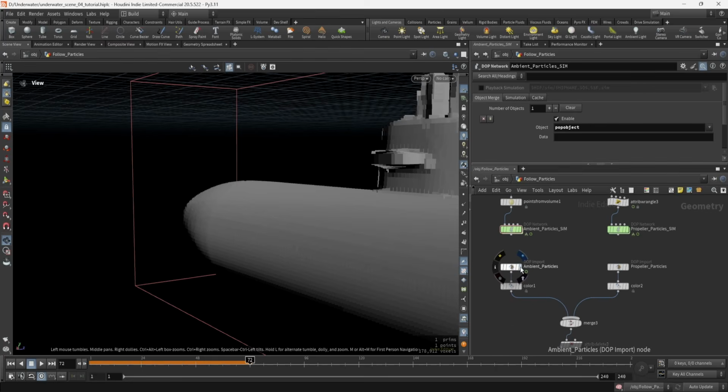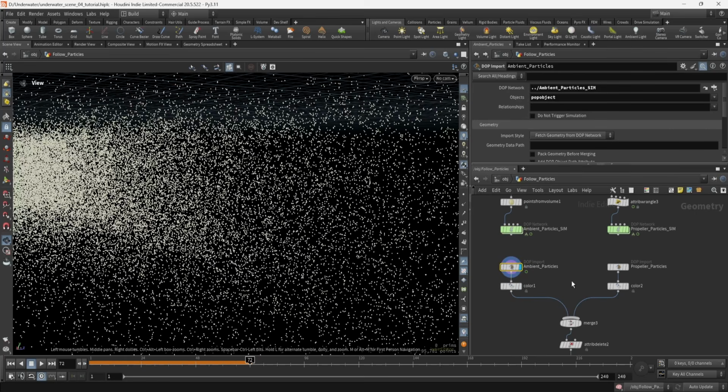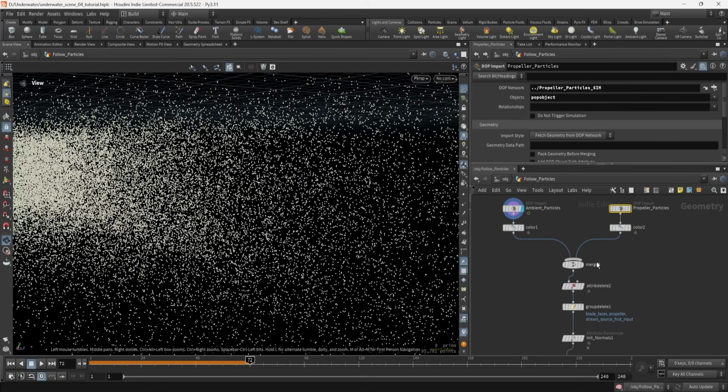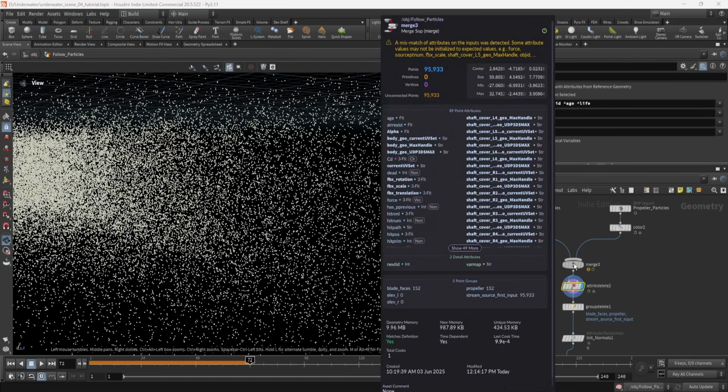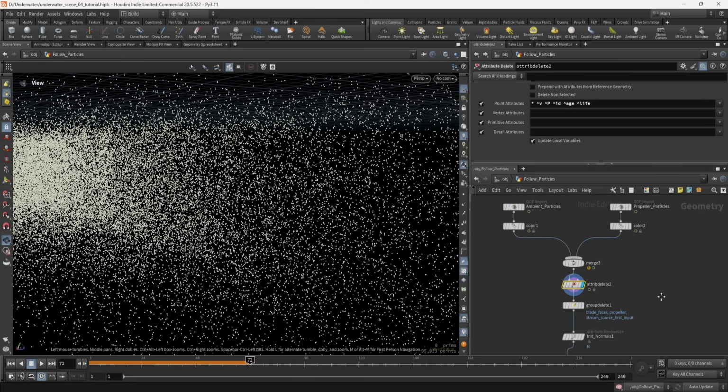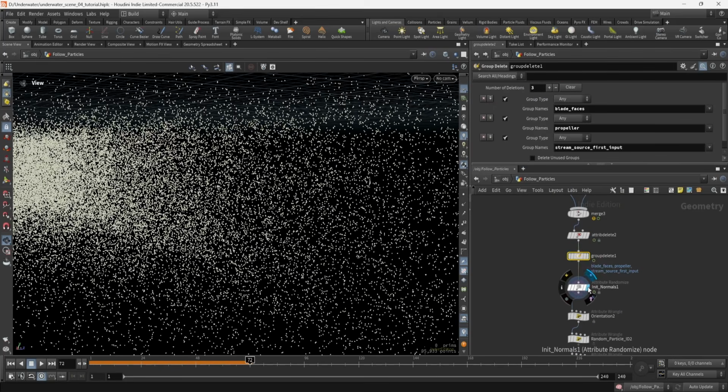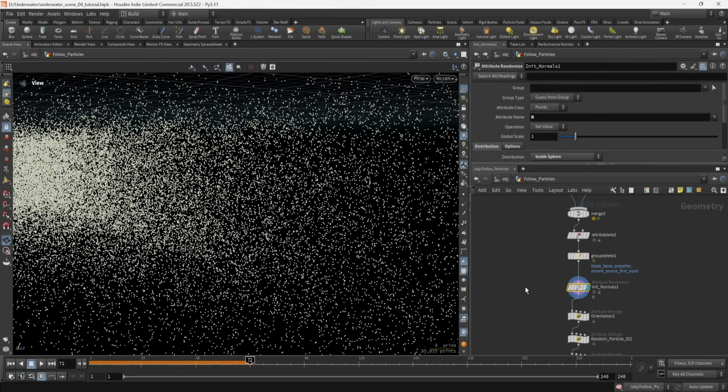So once we're done with that, we're just going to do similar to what we've done before. We're going to DOP import those things from each sim. We're going to merge all that together. We're going to delete a bunch of attributes because we have a ton here. We're going to cache this to disk. We don't want all that stuff. We're going to delete some groups, and we're going to do the same thing that we did with the particles